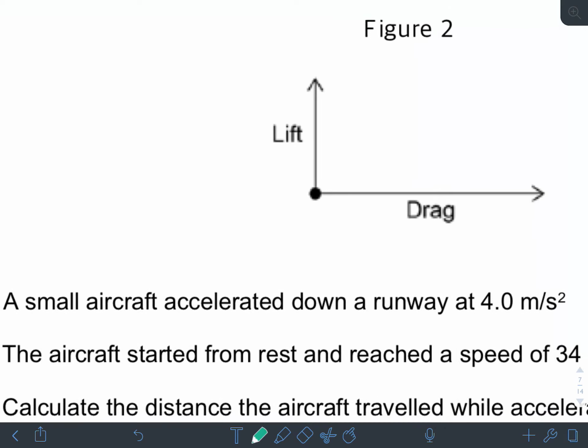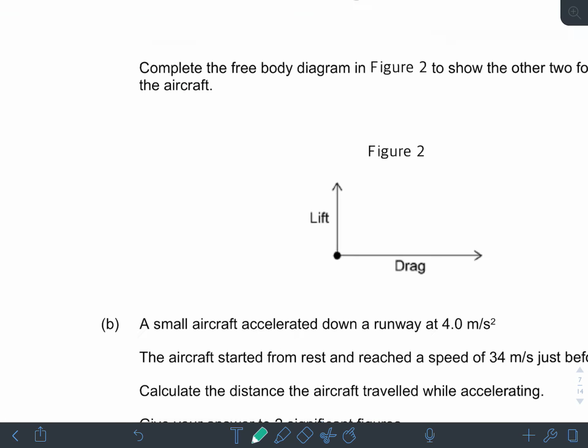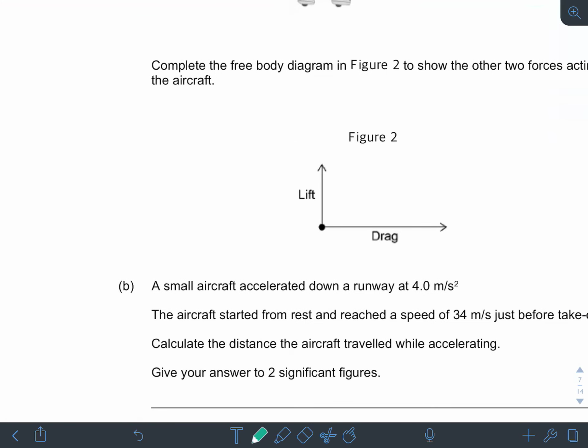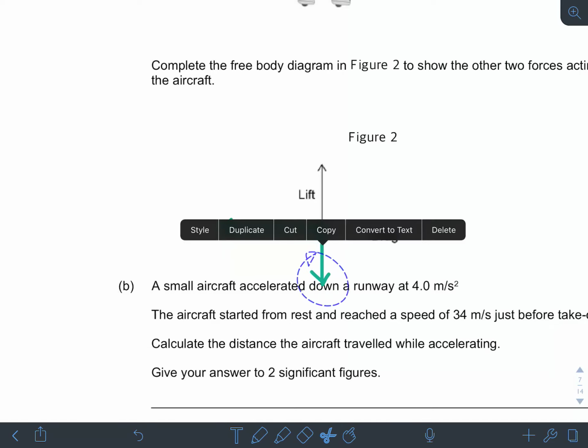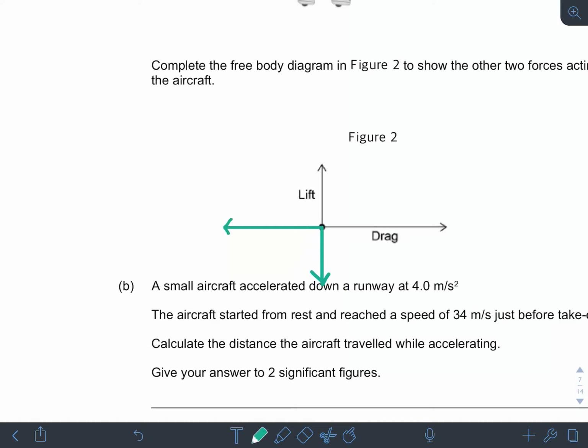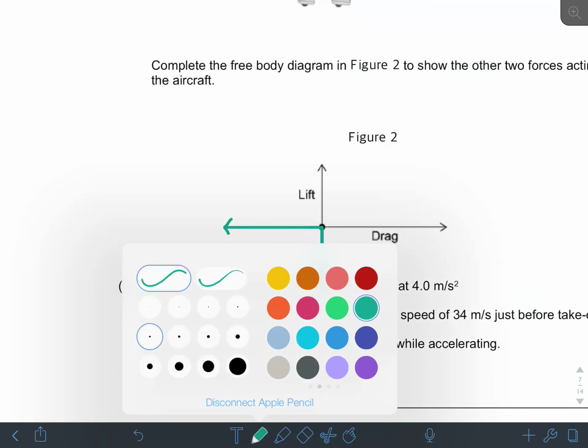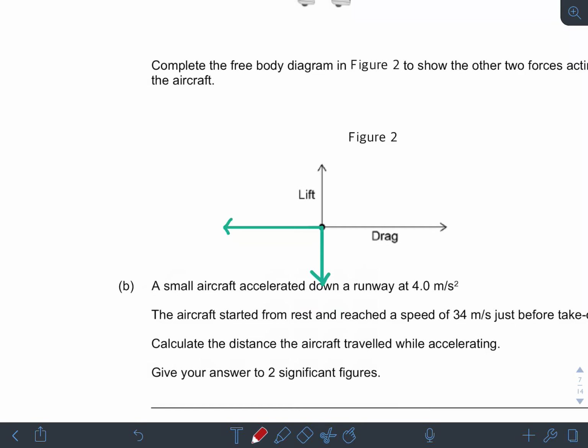So if we've got our drag and our lift, look at the direction the plane is flying, then we need a force to balance the drag, needs to be the same size, and we need a force to balance the lift, which needs to be also the same. Oops, that's not quite the same size, is it? It's not got quite enough space. That's about right. So it doesn't have to be exactly accurate. If you've got a ruler, you could measure it. Now, labelling them,